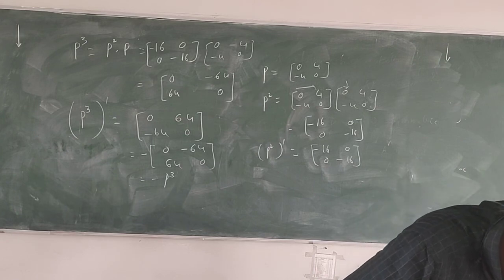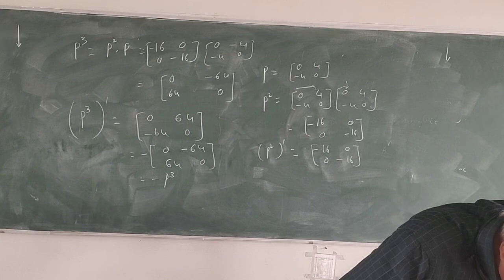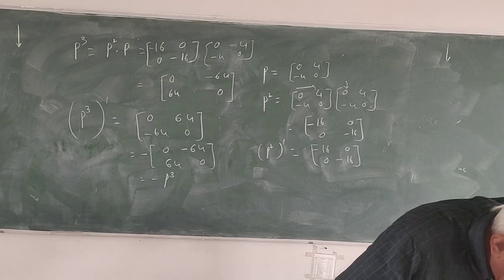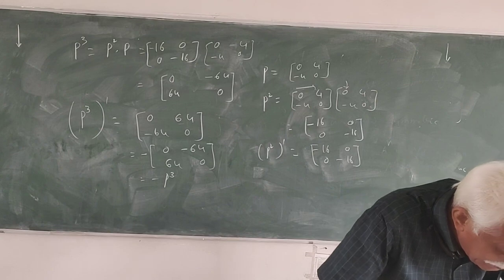Then bit number 22. If A is equal to Aij, a 3 by 3 square matrix, so that Aij is equal to A square minus I square minus A square, then A is